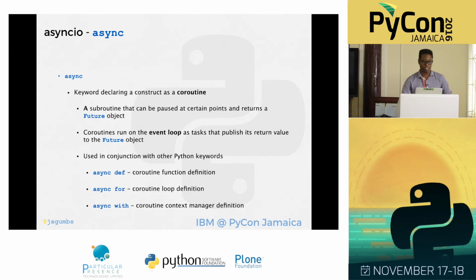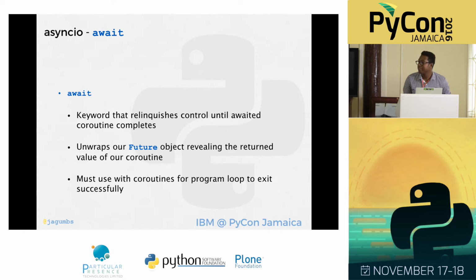So you can define coroutine functions, you can define coroutine loops, and you can define coroutine context managers. So if you've ever opened up a file with "with open ... as ...", you can do that in an asynchronous manner such that you're not blocking on that I/O for a long period of time if it's a large object that you're trying to open or work with. Await's kind of the partner in crime here, the keyword that allows you to relinquish that